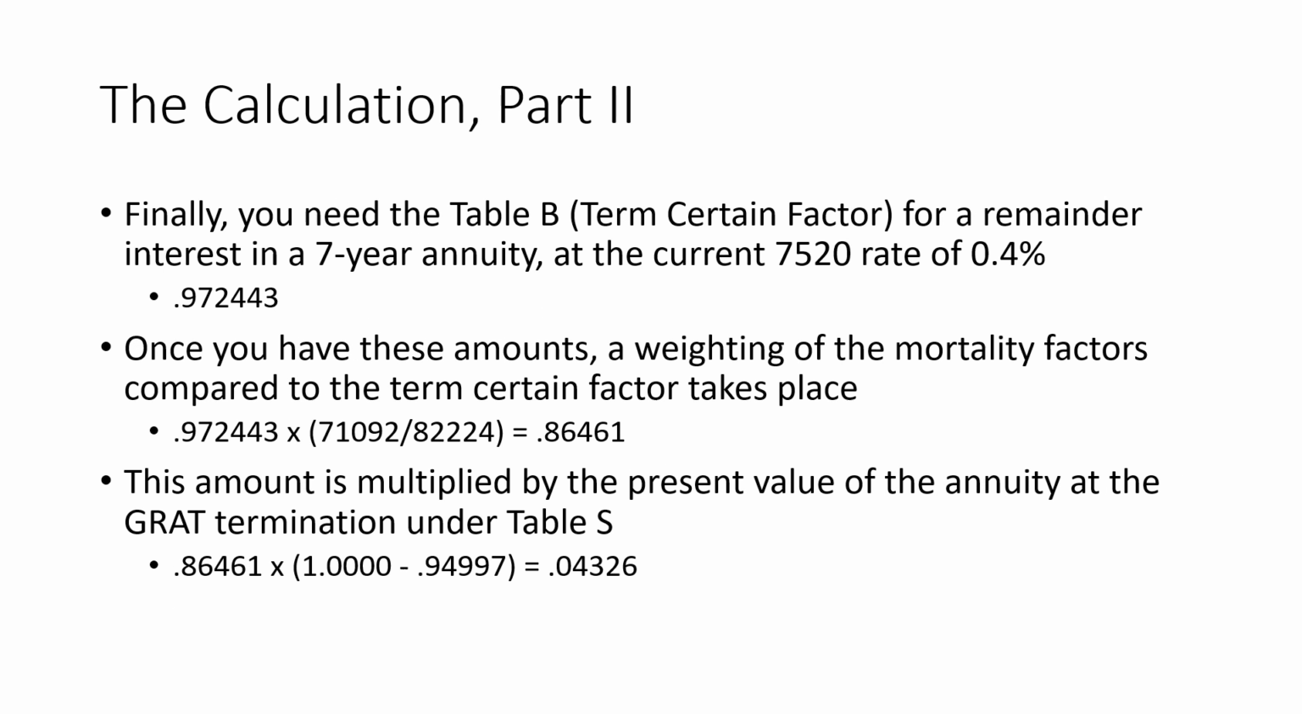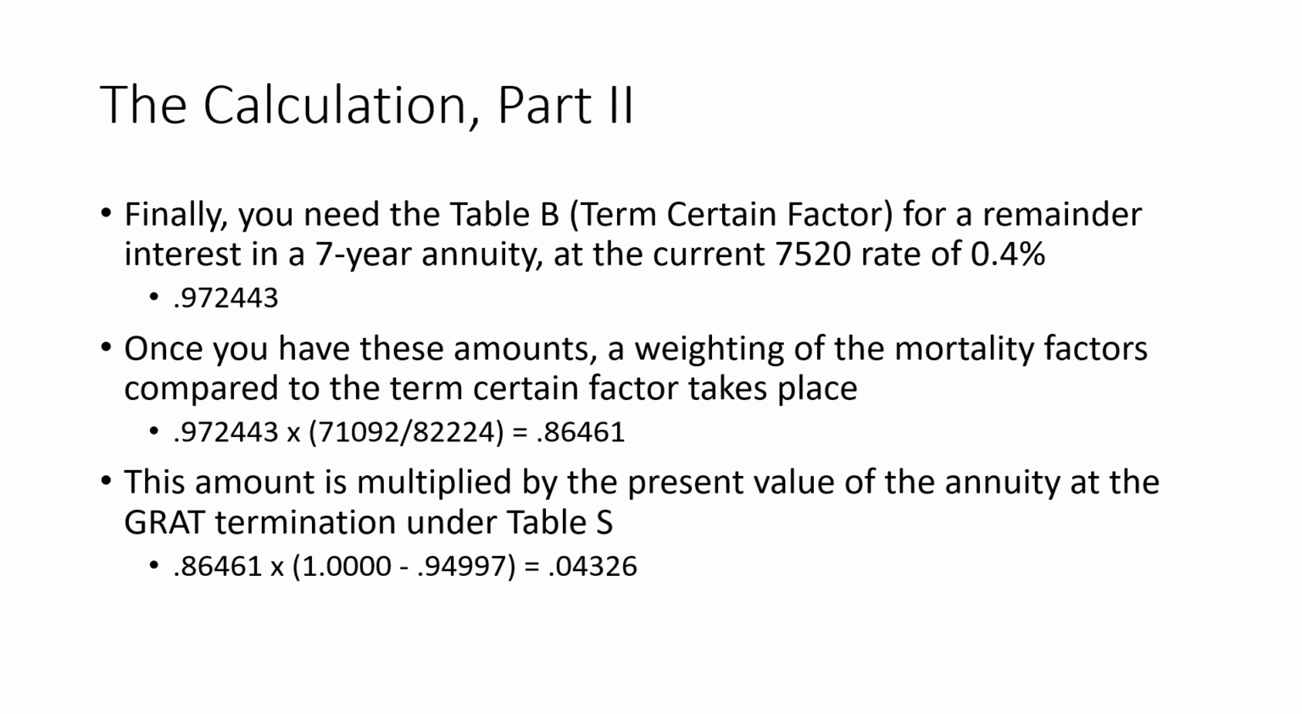And then finally, because we have a term certain calculation involved as well, we have to add in the Table B factors, which include term certain factors, to find the remainder interest value for a 7-year annuity at the current 7520 rate of 0.4%. So once we have all these,